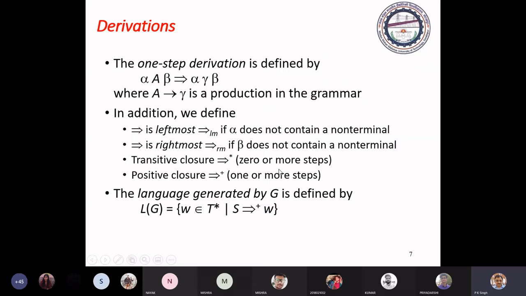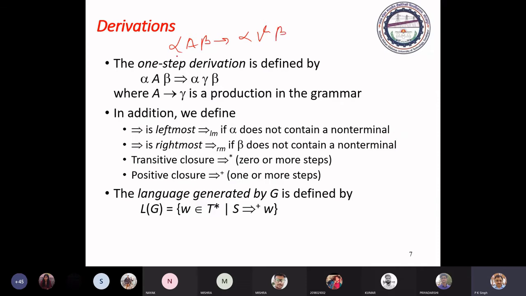Now derivation. Suppose we have alpha A beta to alpha gamma beta.